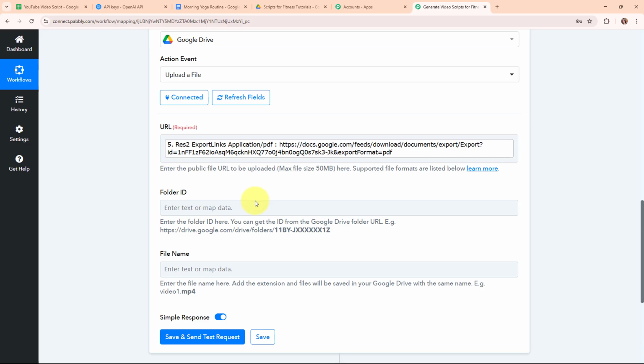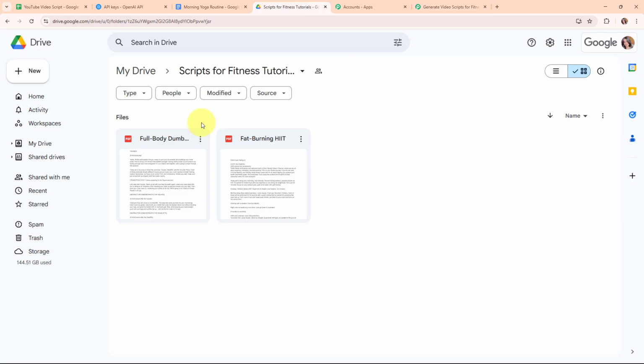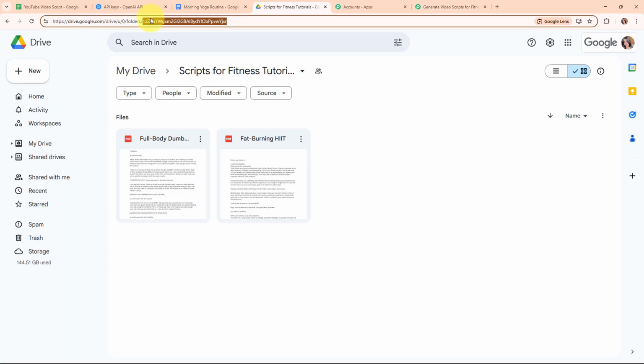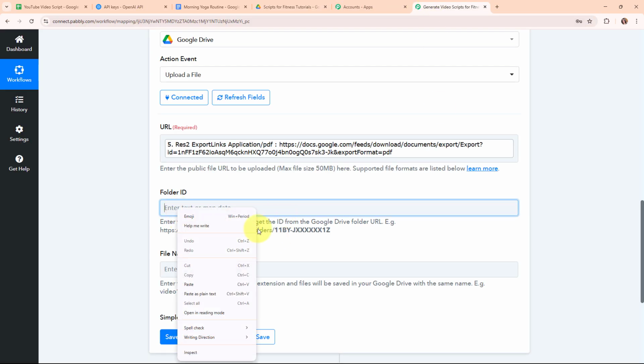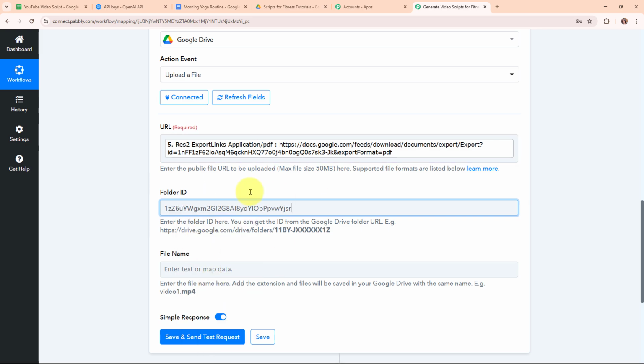So again, to get this folder ID, let me take you back to my Google Drive, and here in the path URL you can see the folder ID over here. So I'm going to copy it. Moving back to Pabbly's workflow, and here I'm going to paste the folder ID. Now after entering the folder ID,